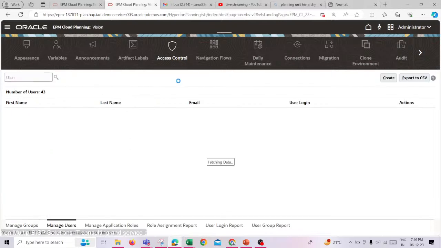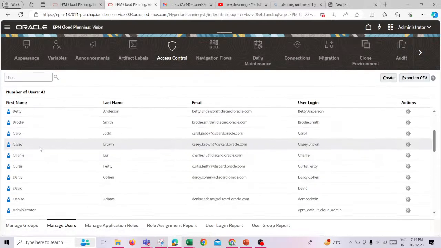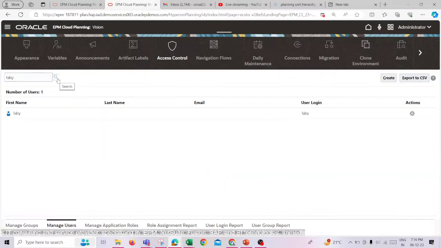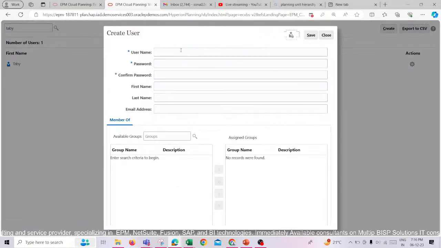Manage user first. I have already created Alina. See, I already created this Alina, and I guess I have created Tabby as well. If not, I need to show you how to create it. Okay, Tabby is already created. So this is how we can go to the create option. Just write the name of the user you're creating, like Tabby. Give the user password,